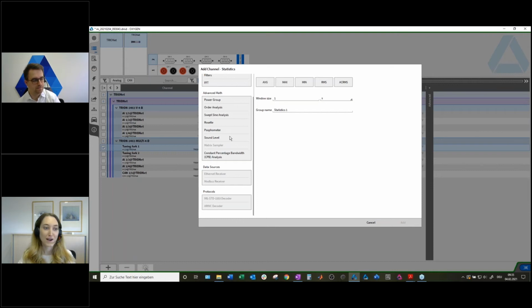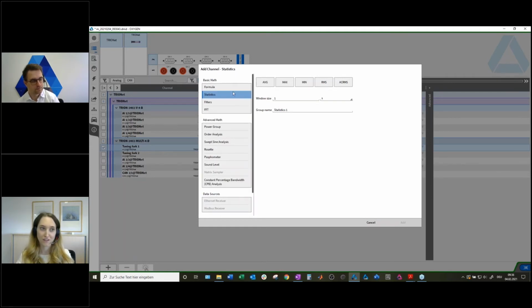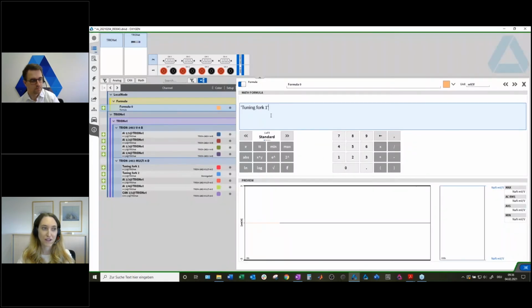Yes. But as you already see, we have just one feature which is new for Oxygen 5.4, the MIL-STD decoder. So we can now receive and decode signals from MIL, and the ARINC decoder was already implemented in 5.3. So getting back to the formula channel, I will create my formula channel now by clicking on Add,